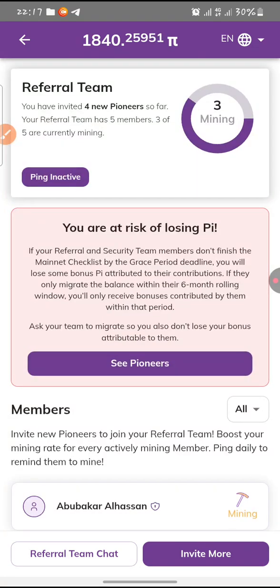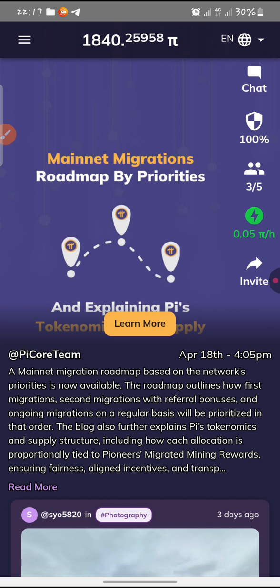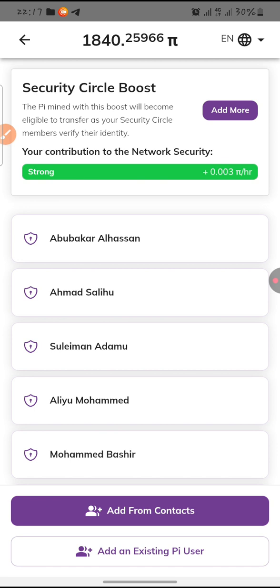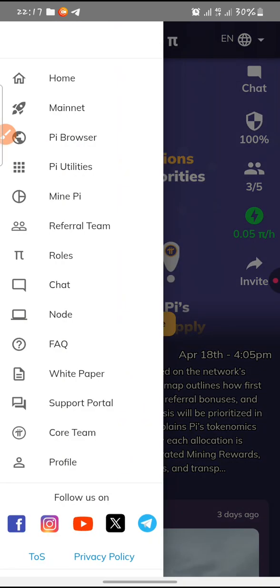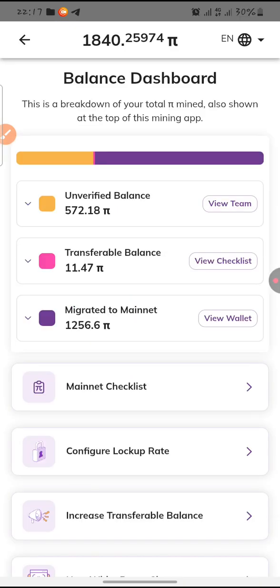If you want to ping each and every one of your security circle members that are not active, if you want to notify them, you can also do it the same as referral. You can also notify them by, let's go to